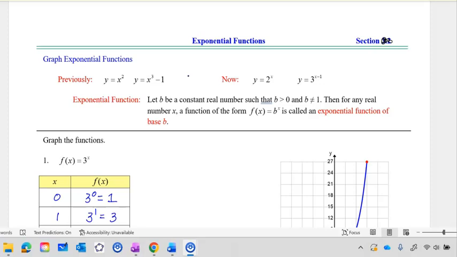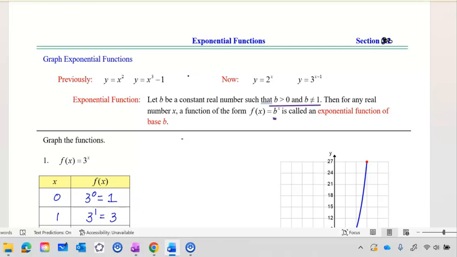First of all, the exponential function definition says if b is a constant real number, the condition is b greater than 0 and not equal to 1, then for any real number x, a function of the form b to the x power is called an exponential function of base b. So, in other words, the exponential function, the changing variable,